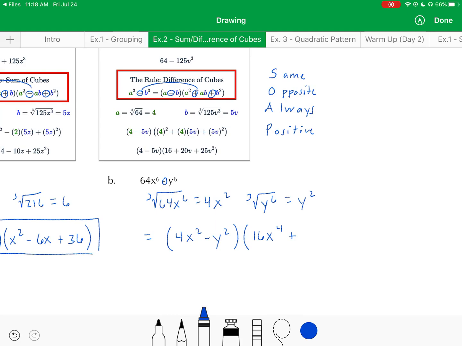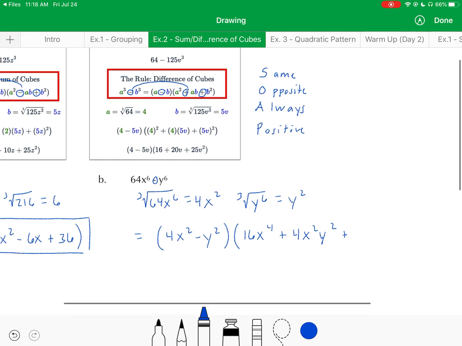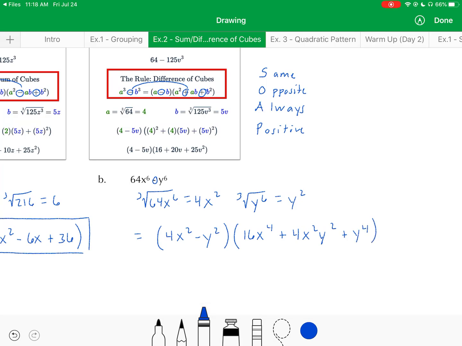You need the product of 4x squared and y squared. Then plus sign, for always positive. And now you need the square of y squared, which is y to the 4th. Okay. Now, you might be tempted on this one to stop, but similar to one of our examples in grouping,